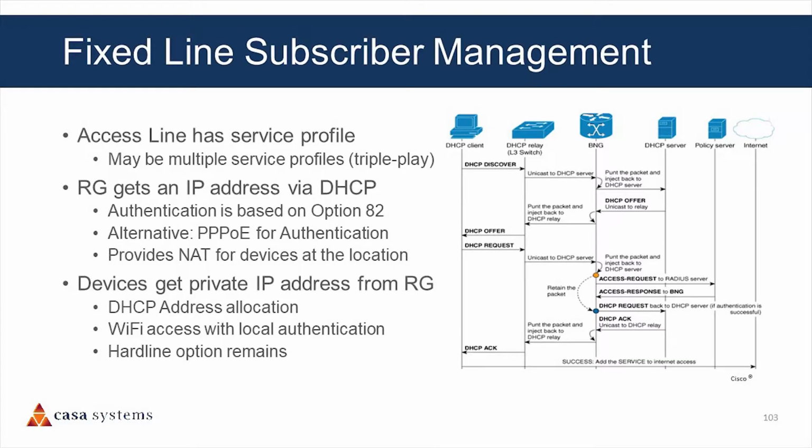So let's look at fixed line and remind ourselves of how it works. It's all about where you are. You set it up, you have an RG in your home, your devices connect to that RG. The RG itself uses DHCP to get an IP address. You have to authenticate the device, you have to make sure it's all there. You set the service up to that location. So the service is tied to the location.